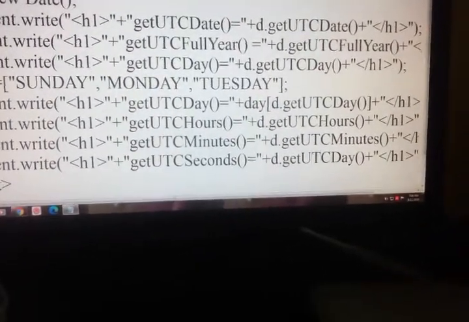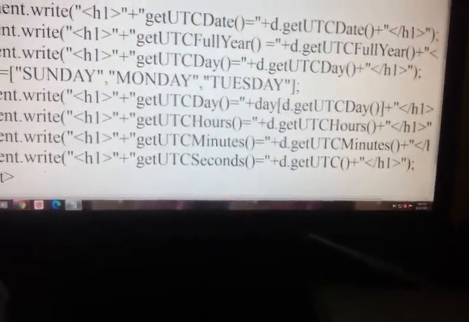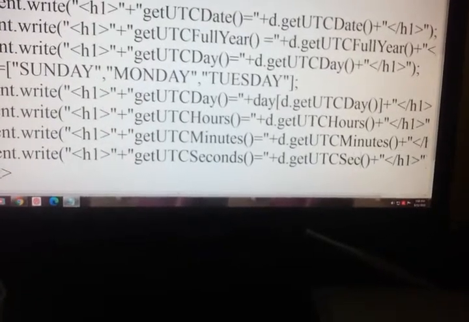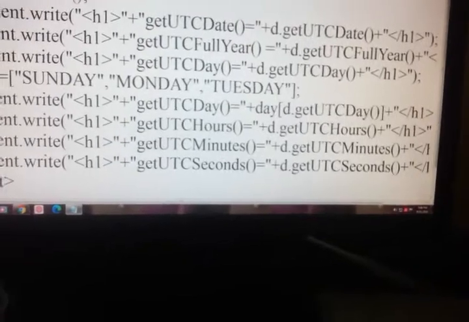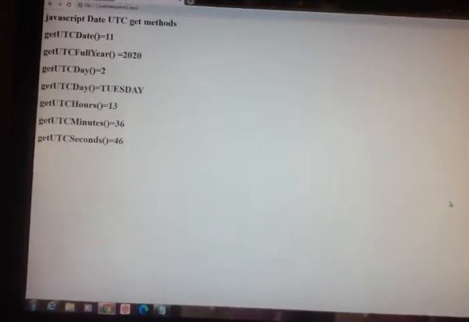So d dot get UTC seconds. Let's save, recompile. I got seconds 46.